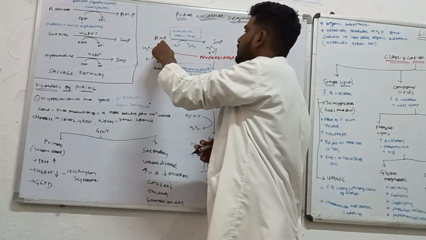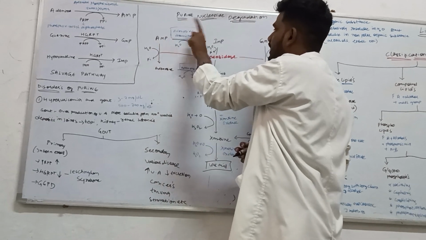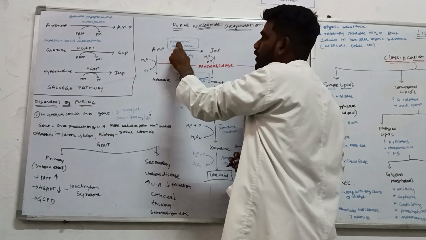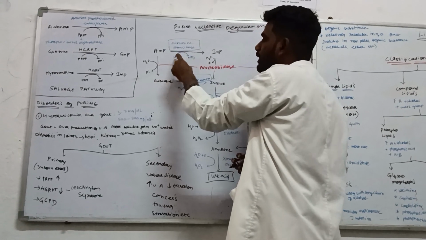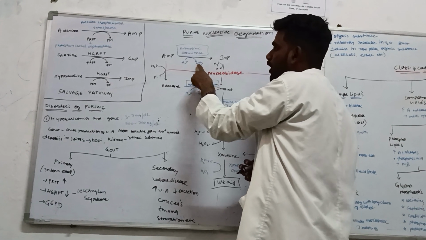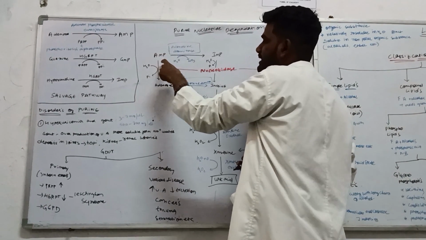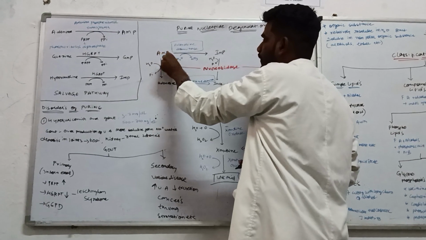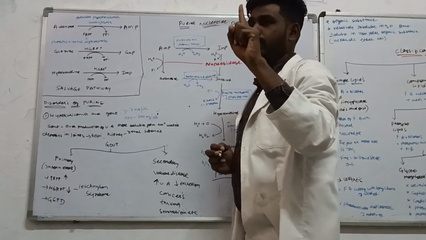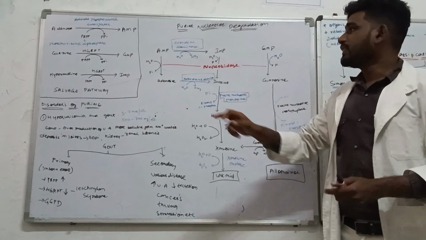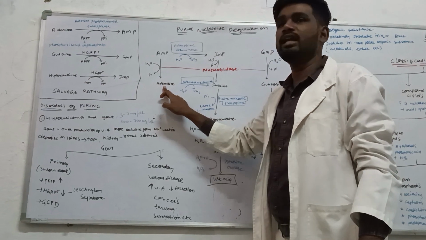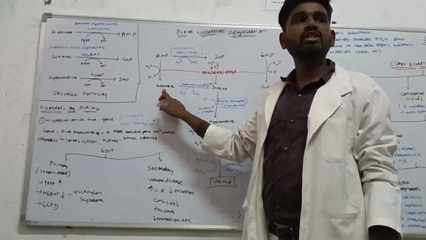Now this adenosine monophosphate can directly convert into inosine monophosphate in the presence of the enzyme adenosine deaminase. Here the water molecule comes in and the amine group is lost, so structural change happens. So this adenosine monophosphate is converted into inosine monophosphate. Or else this adenosine monophosphate can lose its phosphate group and turn into adenosine,